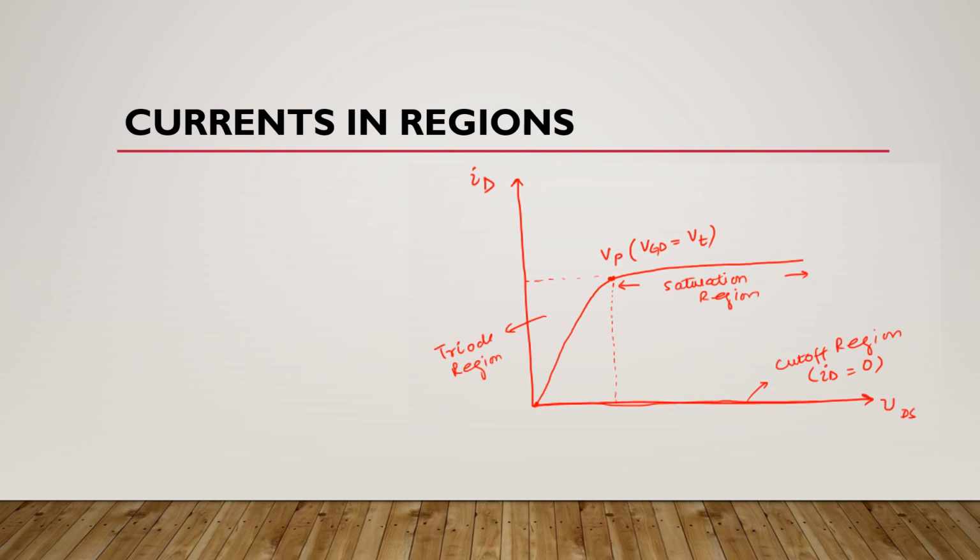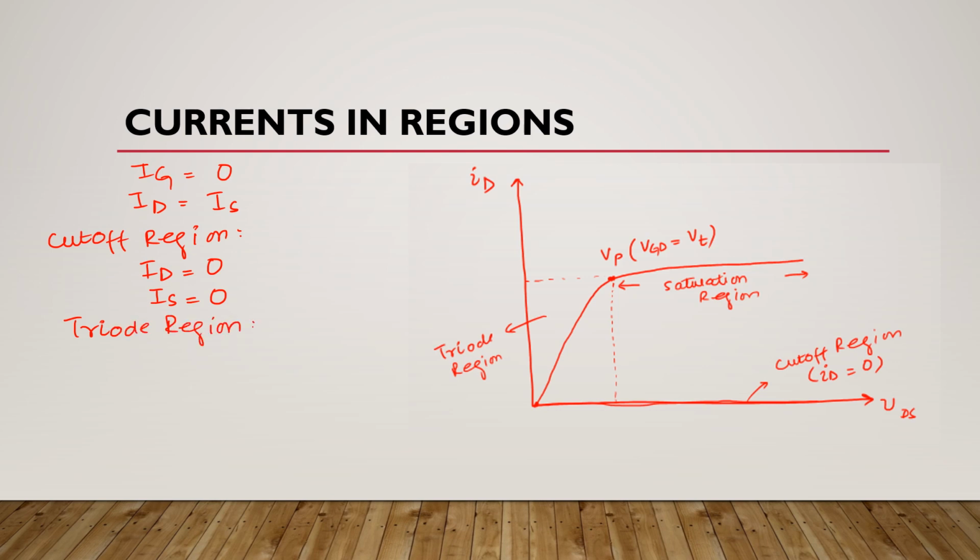Now we will understand currents in regions. We know that in all field effect transistors, gate current is equal to 0 and drain current is equal to source current. Now first we will talk about currents in cutoff region. As you can see here, in cutoff region, drain current is 0. It means here source current will also be 0. Now what about triode